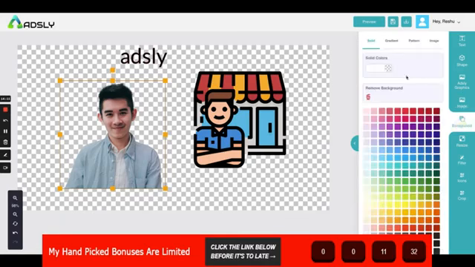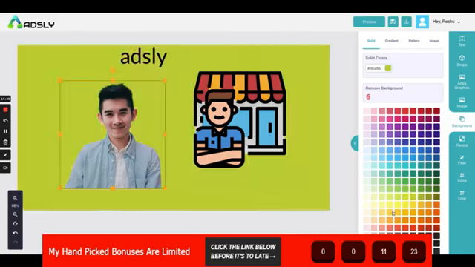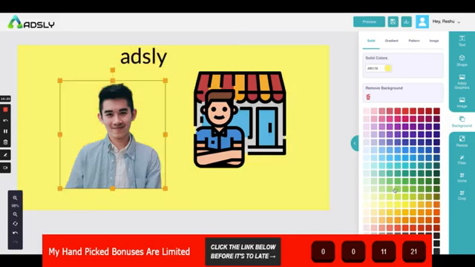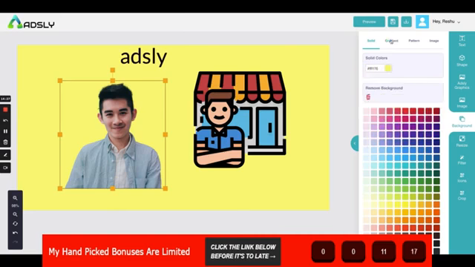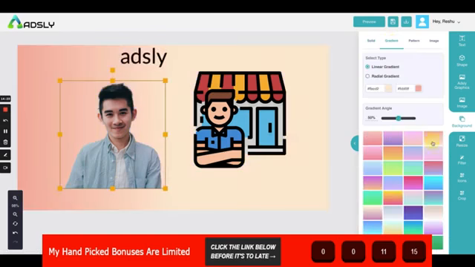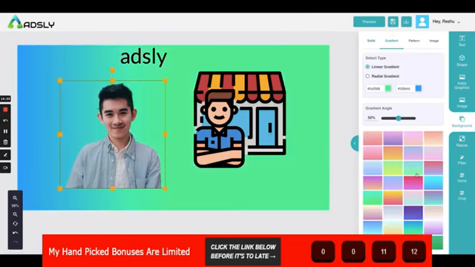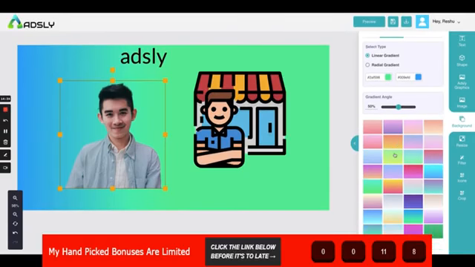Next comes the background option. Now you have four options of adding a background. One is solid. These colors or any color which you want to add, you can add the color code over here. Then gradient. Again, you can use our library or you can add the color code over here of whatever color you want to add. And you can change the angle of the gradient colors from here.